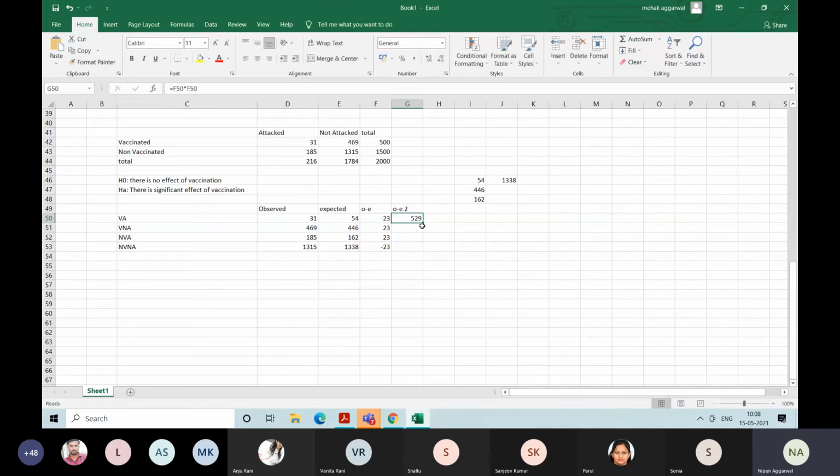Now observed minus expected squared divided by expected. Now you have to take the sum of all of these, which is